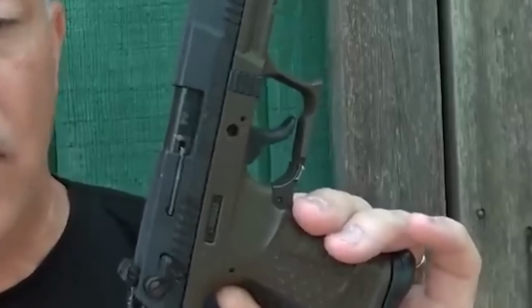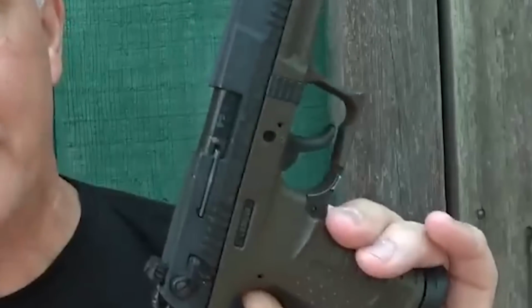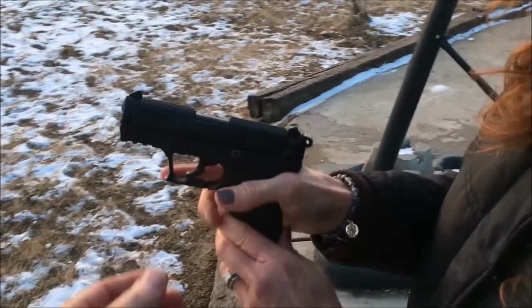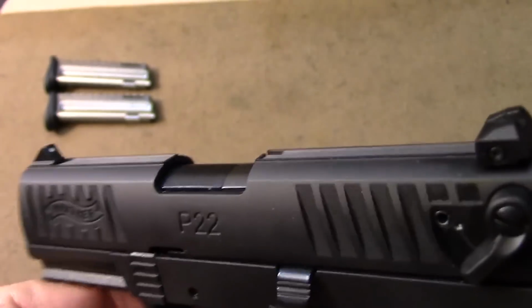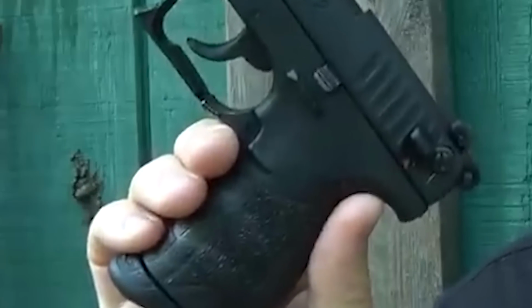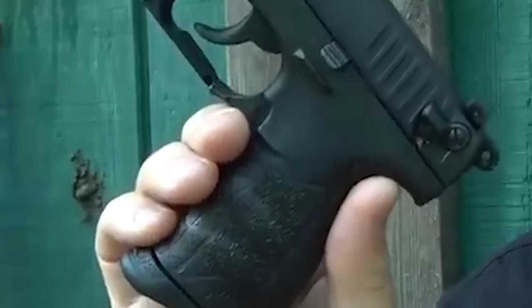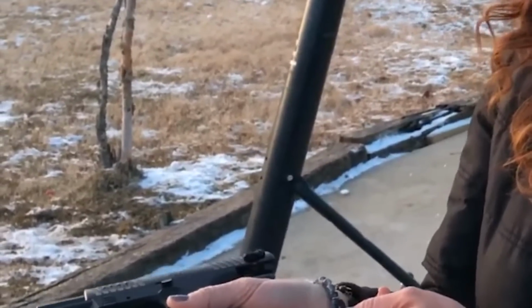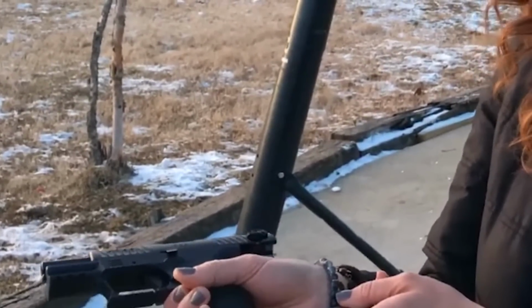The grip shape is also excellent with interchangeable backstraps to adjust the size to fit your hands. The P22 pistol has a well-designed grip with a palm swell and an aggressive grip texture. It points intuitively and ergonomics are good with the paddle mag release, slide rack, and front cocking serrations. The only gripe is the safety decocker, which articulates easily and securely, but isn't the